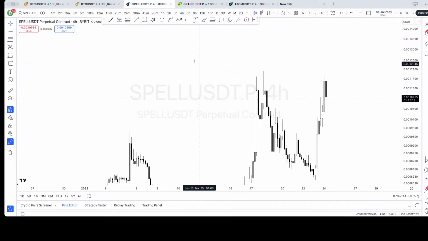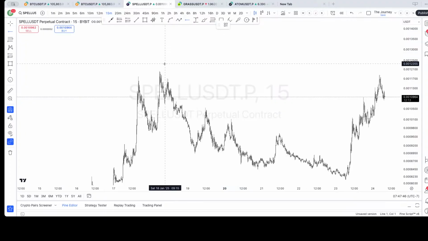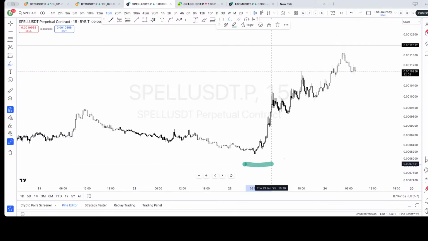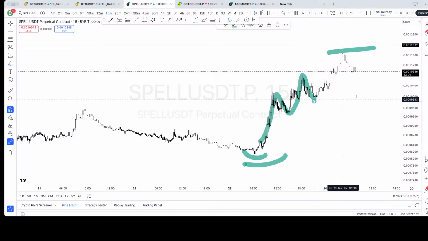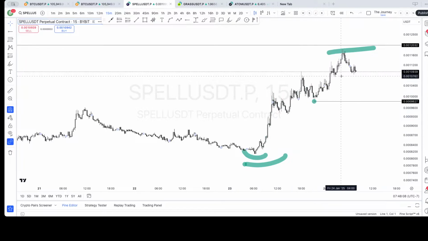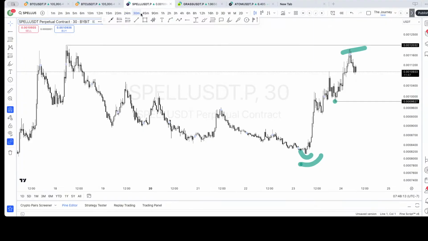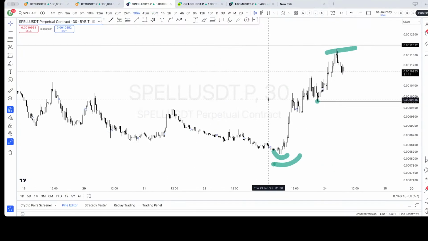Why the pullback before the high? What are we coming for? Best I could tell you is you take your structure from this low here to this high here, follow it up. Where does it break? I'd say the primary break point would be here. Oopsies with the highlighters again. Primary break point being there. Okay, let's come up a little bit. So if we're going to break there, what do we have between us that could hold us up?